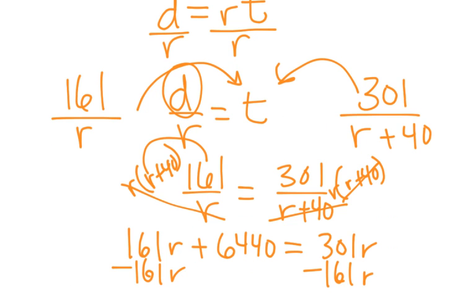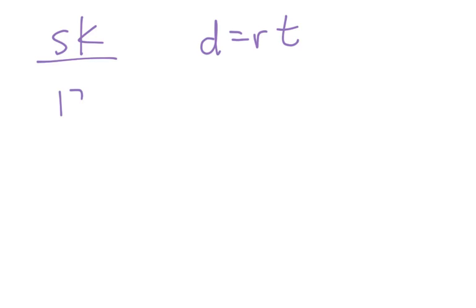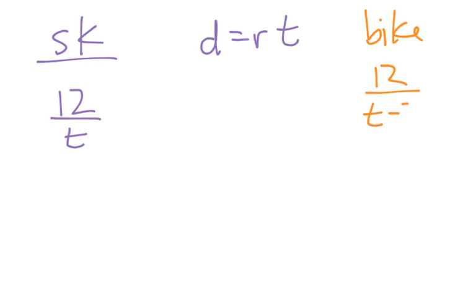Because what I did was I thought about it like this, using that same kind of distance equals the rate times the time. I looked at it this way and I said, okay, so on the skateboard, she went 12 miles at a certain time. On the bike, she went 12 miles, but she did it in 2 less hours. Now, also her rate was twice as fast here,